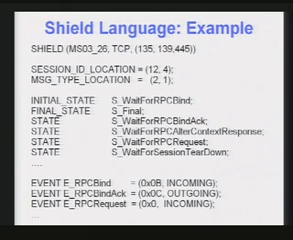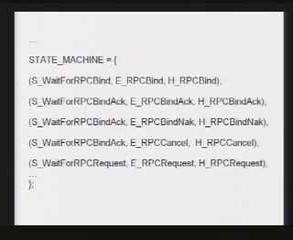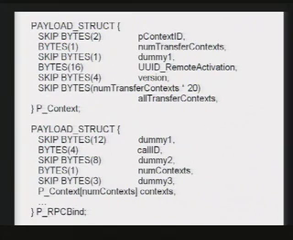Then here we listed the states that are involved with the RPC protocol. Next we specify the events. Basically, if the message type is 0B and in the incoming direction, then that's an RPC bind message. We'll further specify the protocol state machine transitions. Essentially, this is the vulnerability state machine transitions. At a particular state, if you receive a particular event, you invoke the handler. Another important